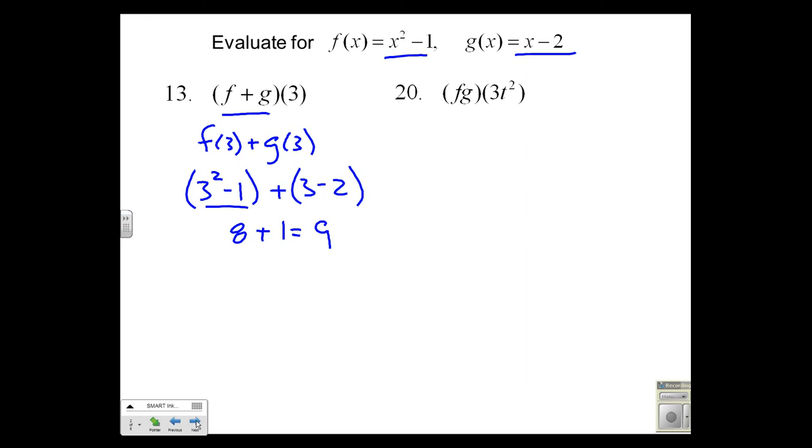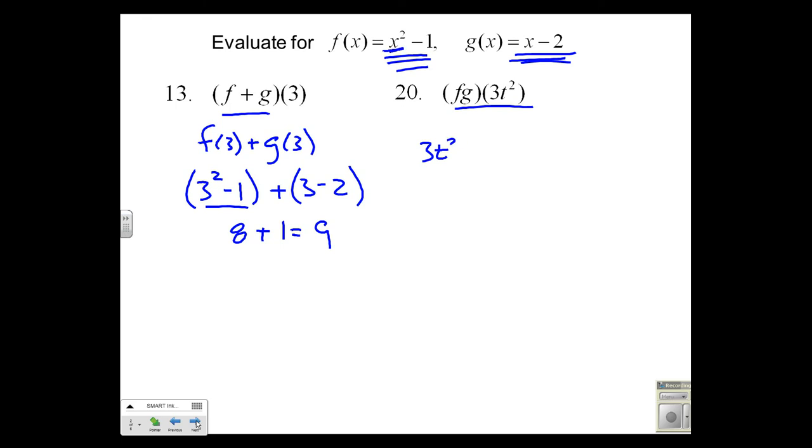So f g of 3t squared. I could find f times g of x, FOIL these out, multiply these against each other, and then put 3t squared in. But I think I'm just going to put 3t squared into f, 3t squared into g, multiply the results. So I get